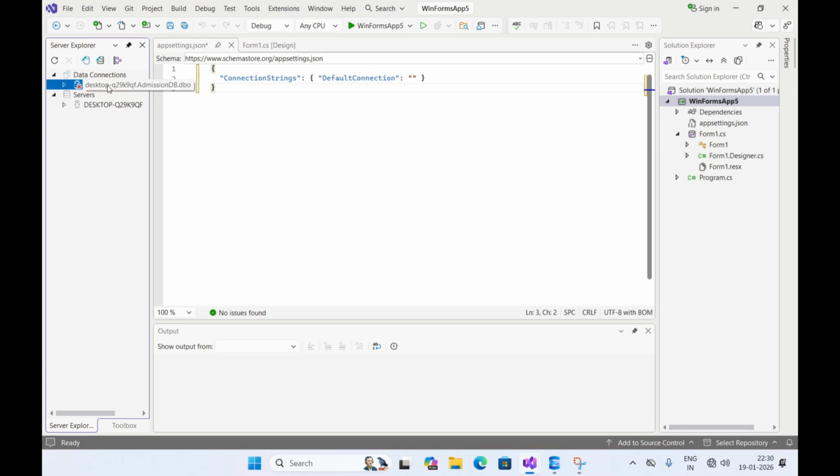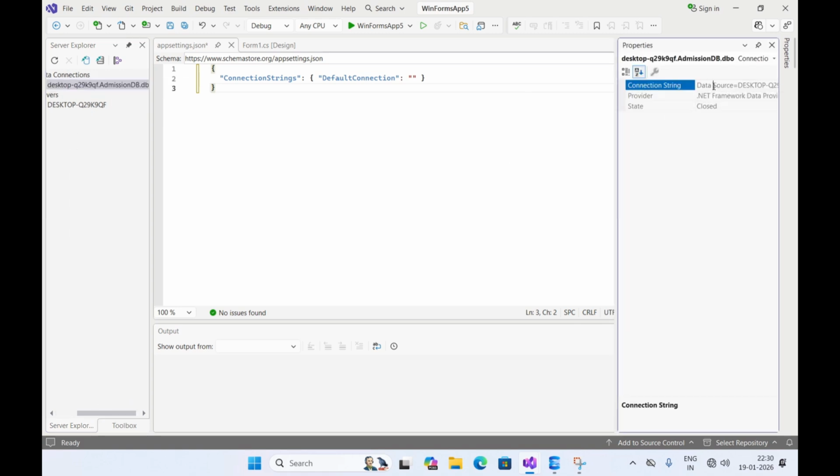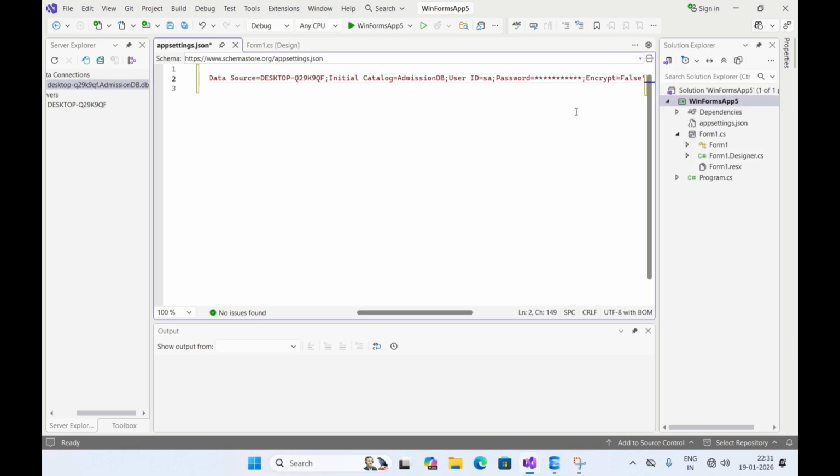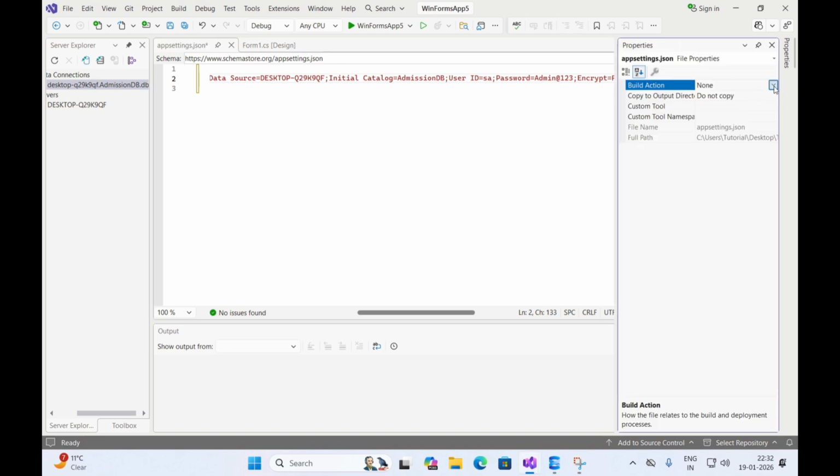connection, then press F4 and click on this connection string, Ctrl A, Ctrl C, copy it and paste it over this double quote, and I will simply change the password with the password of my SQL Server, that is admin@123. After this, select the JSON file and press F4 and change its build action to content